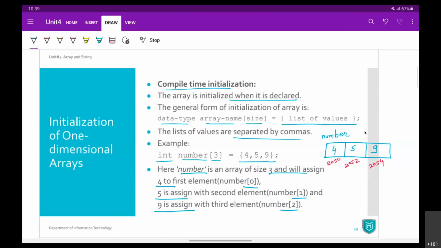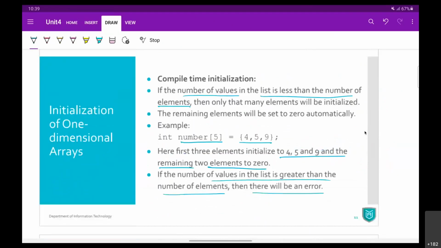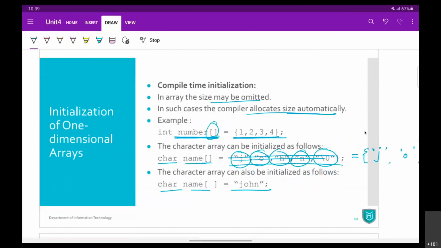The number of elements in the array will be equal to the number of values you assign here. If you give more values, there will be an error. If you give fewer values, the remaining elements will have value 0, and so on. That was initialization at compile time. If you initialize your array at compile time, then the size is optional. You can omit the size in the square brackets.